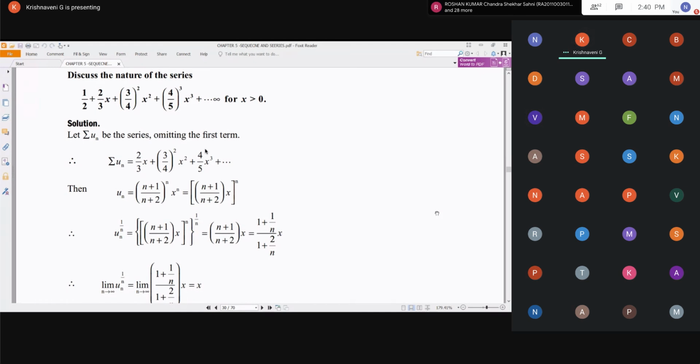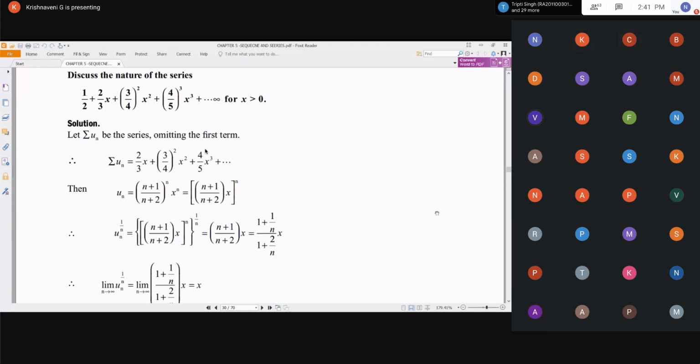She said clearly, there is a pattern being followed in the question, but the first term does not follow the same logic which all the other terms are following. If you see the third term in the question, the power of the fraction and the power of the x are the same. And if we try to put the same logic in the first term, anything to the power 0 is 1. But since there is 1 by 2, it is not following the same logic which all the other terms are following. Hence, we will omit the first term and then apply the logic to the other terms.